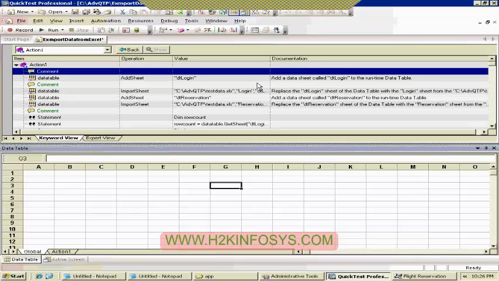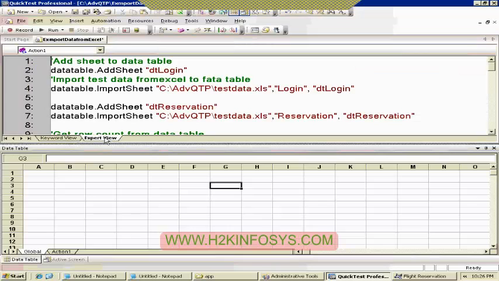Then you can also go with the regular expressions, to handle the dynamic values, the dynamic objects. So that's another enhancement. And also you can